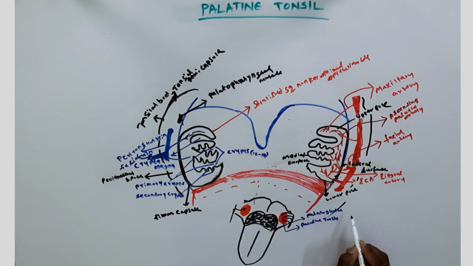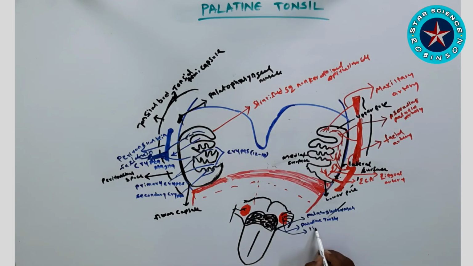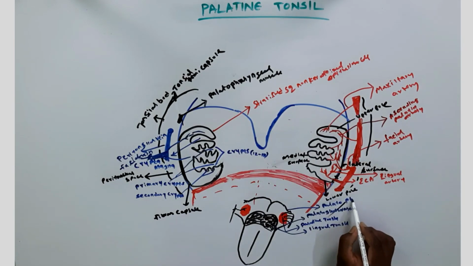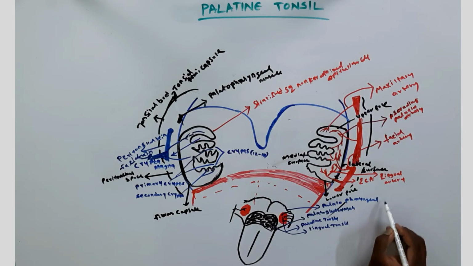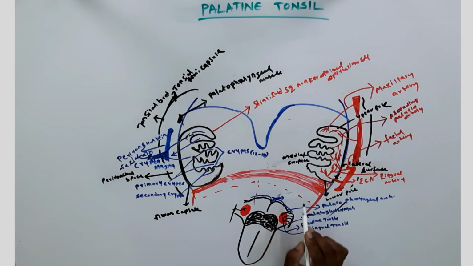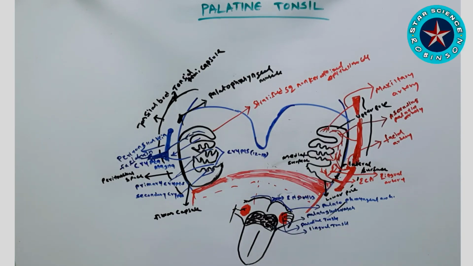In front is the palatoglossal arch, and on the back side, what I'm showing you in the posterior part of your tongue is called the lingual tonsils. Now I'm going to the posterior region where the palatine tonsils posteriorly have the palatopharyngeal arch. After that we go to the back side of your tongue, posteriorly, which is called the epiglottis. So this is the rough diagram where you can imagine where the palatine tonsils are present.